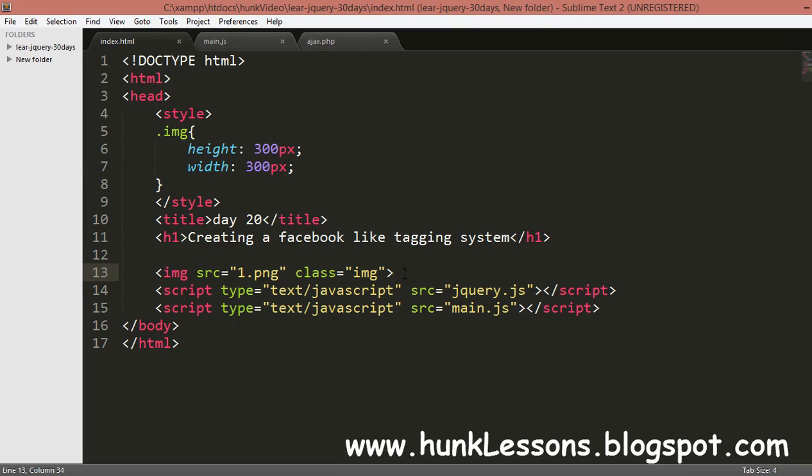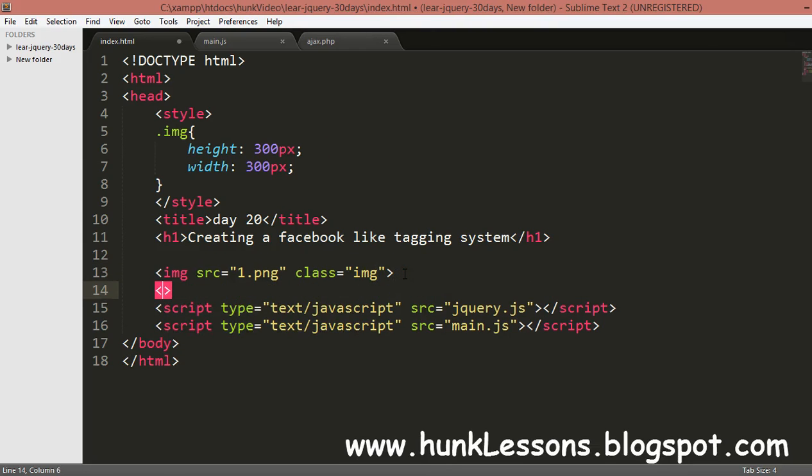Okay, now we'll create an input field. Input type is equal to text, with an ID of tag and a width of 100.